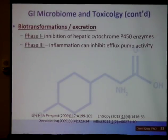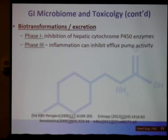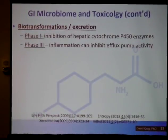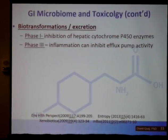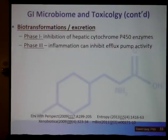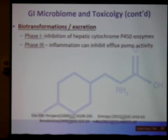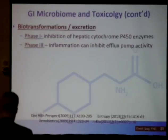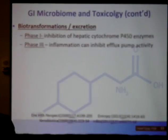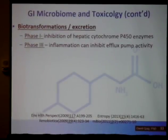Now, we also look systemically. The gut can influence biotransformation reactions that occur both in the intestinal wall as well as in the liver. Some gut metabolites can inhibit the cytochrome P450 enzymes, as well as phase 3 detoxification, particularly through inflammation, and I'll talk more about that. Now, on the other hand, toxicants can directly disrupt the gastrointestinal microbiome and metabolome, and thereby